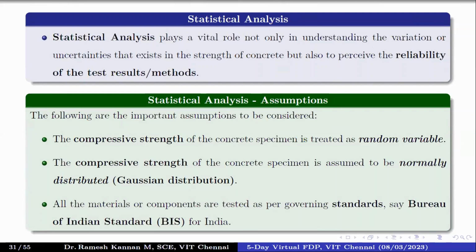First, we need to have underlying assumptions. The two assumptions are very important. One is we consider compressive strength of specimen as a random variable. In case you have studied probability and random variables, you probably understand the implications of random variables, why we designate compressive strength as a random variable. We cannot have it stochastic or any other variable, but random variable fits more perfectly. And compressive strength is normally distributed.